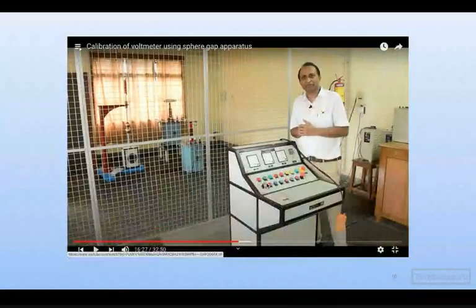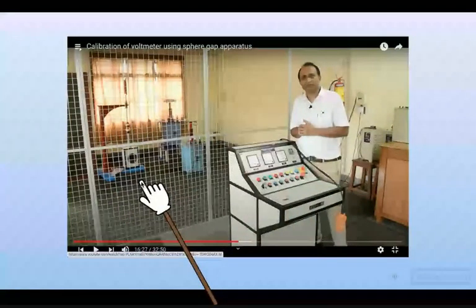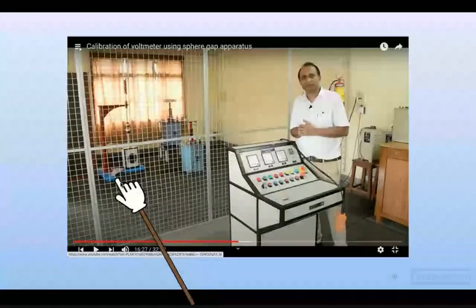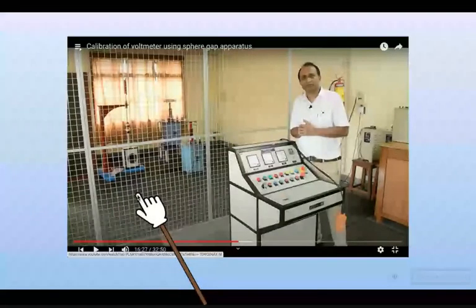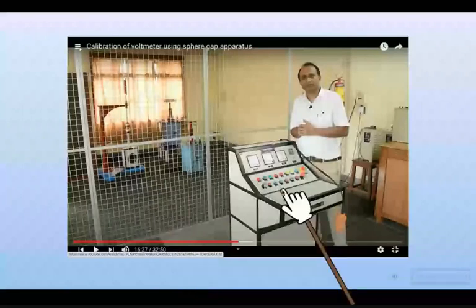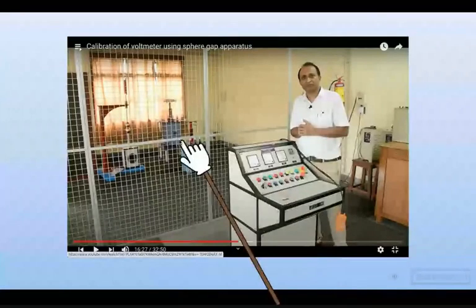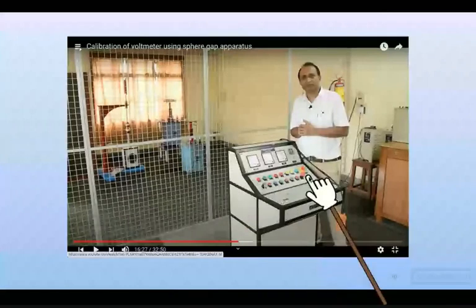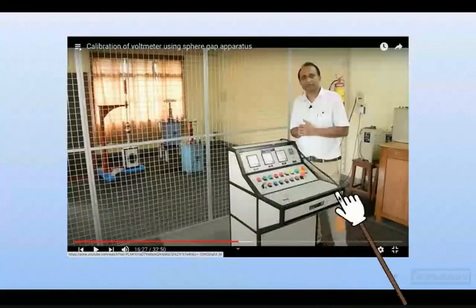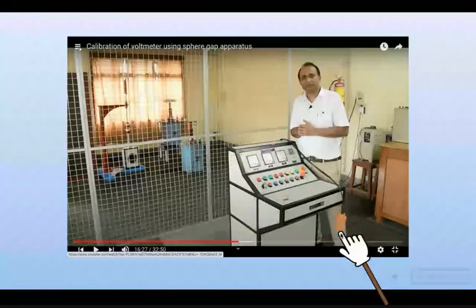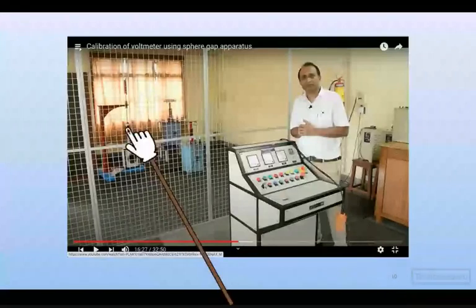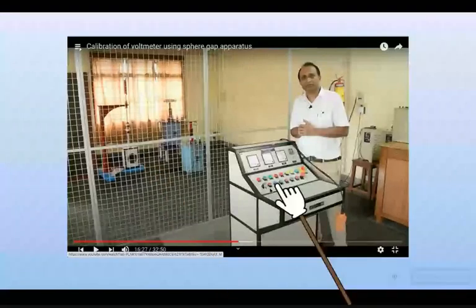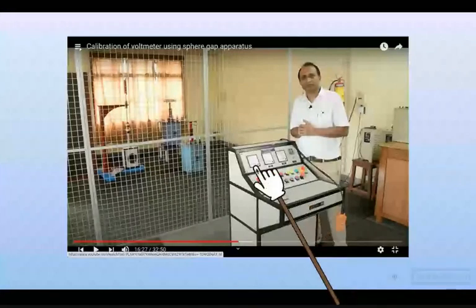Here you can see there is a cage visible. Those who have visited the high voltage laboratory earlier for one work or another, while studying in second year or at the first year level induction program, might have seen it. Okay, this is a control panel. From here we are able to control the voltage applied to the cascade transformer inside. Similarly, from here you can see there is one cable, and along with that some switching is there. With this we are able to adjust the spacing between the spheres. So various controls are here. Okay, meters are here. So this is the control panel.